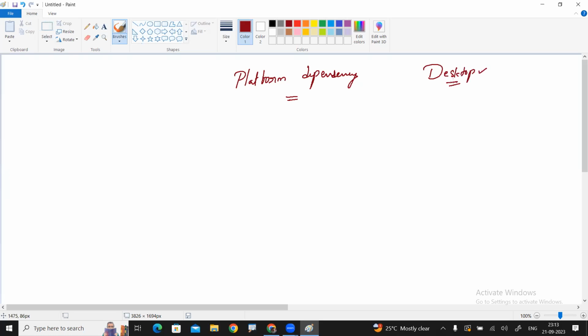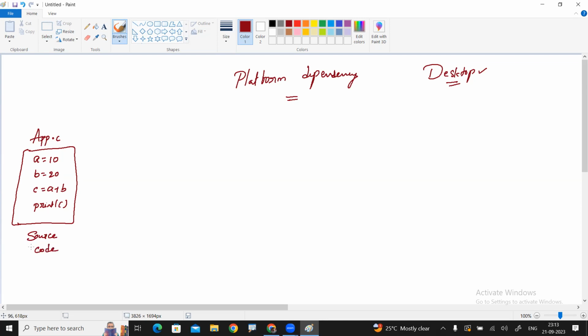What is the reason? See, suppose you write a simple C program, just addition of two numbers, a equals 10, b equals 20. We are just adding and printing. Consider this is the C program. I'm giving the name app.c. The extension of a C program is .c. This is called source code,